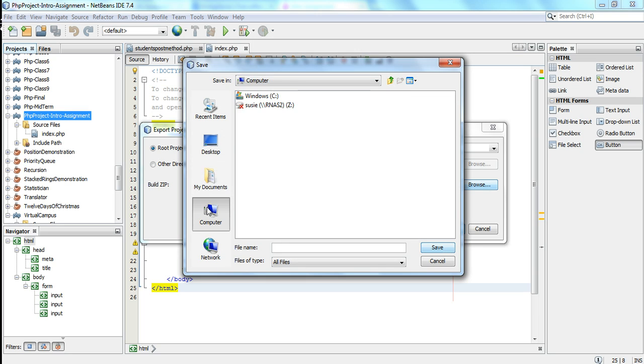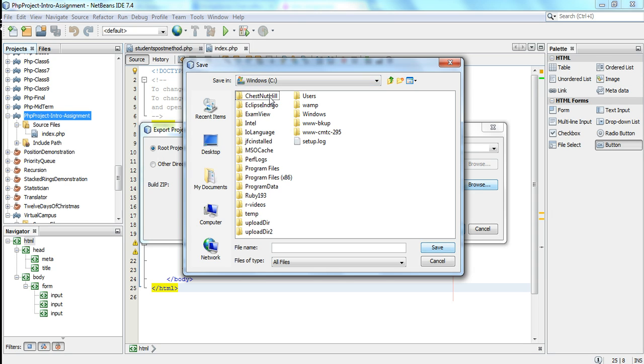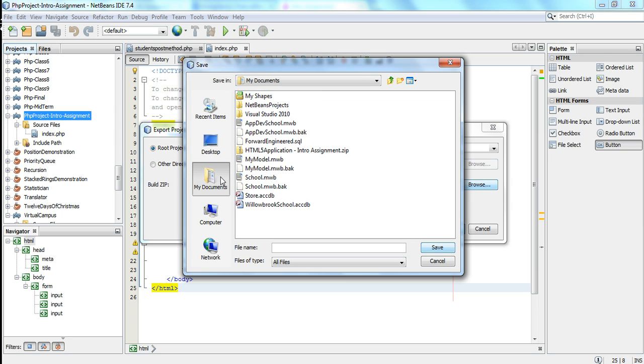You might want to save the zip file somewhere onto your C drive, wherever you save off your work for your classes. Then you're going to give it a name. I always just call it the name of the project: PHP project-intro-assignment